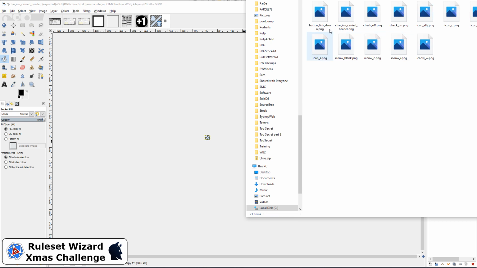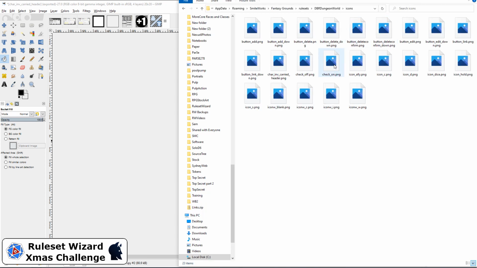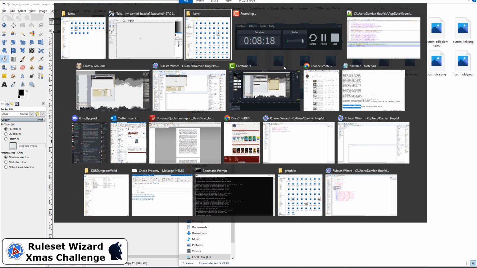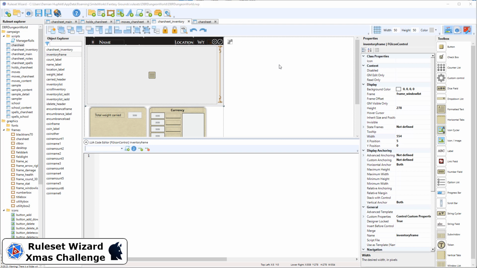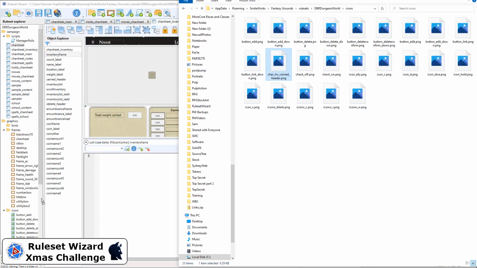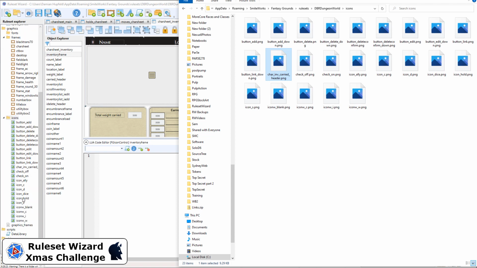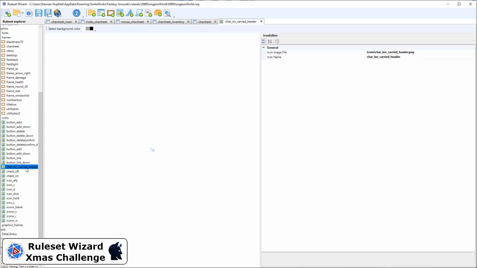So we've got a new icon in here somewhere. Okay, and we find our rule set wizard, and we can drag this across to icons or up here to icons, but we want it to go into this folder. Hopefully it does put it there. I've done it properly. Yep, but I do also have to just open it so that the game recognizes it,